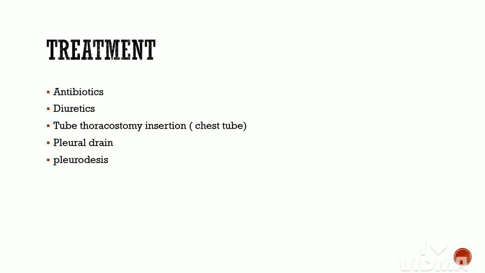Then pleural drain. If the pleural effusion keeps coming back, a long-term catheter is put through the skin into the pleural space to drain the effusion. Then pleurodesis. The physician injects an irritating substance through a chest tube into the pleural space. The substance such as talc or